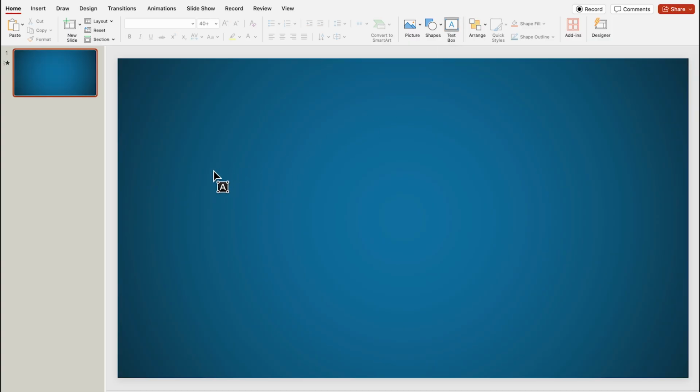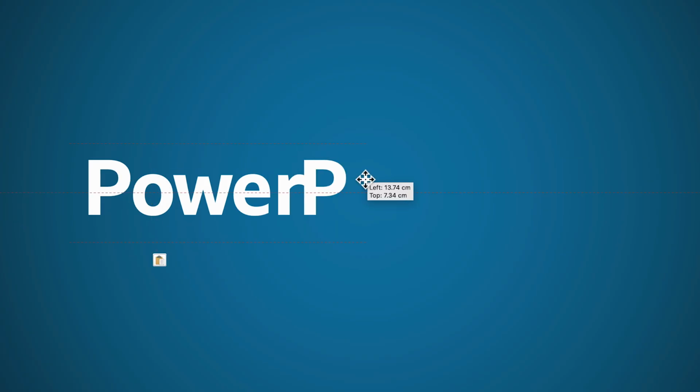Start by creating a text box and typing your very first letter. Once it's on the slide, customize it however you like. Increase the size, change the font, and pick a color. Copy and paste that text box, change it to the next letter, and repeat until you've spelled out the full